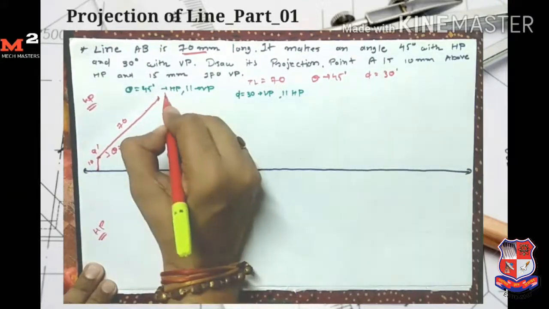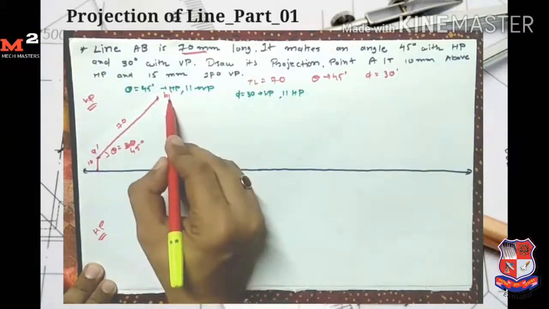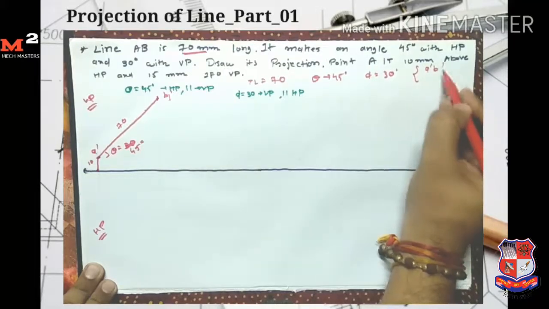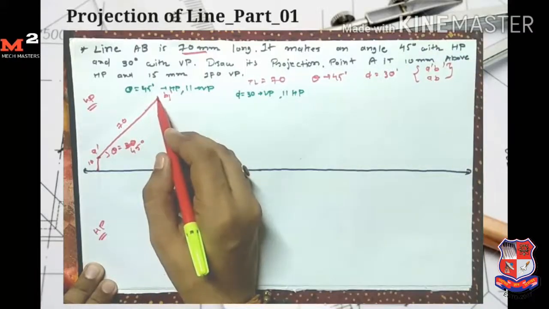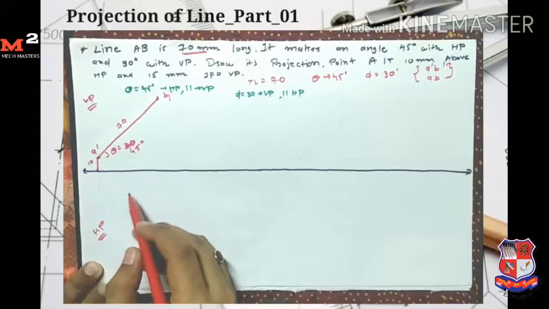Here I give the name B1 dash, because this is not my final front view. At the end I find the final front view A dash B dash and the final top view AB. But this is not my final front view, so I give it the name B1 dash. Now the line is parallel to